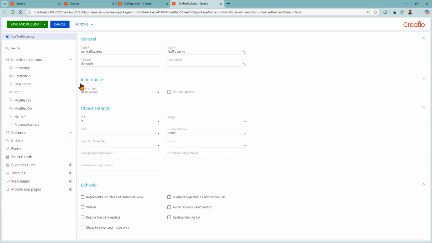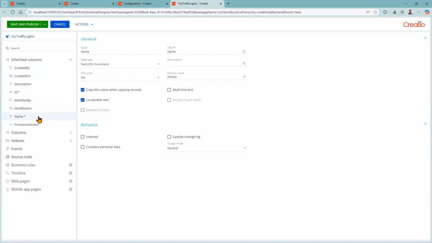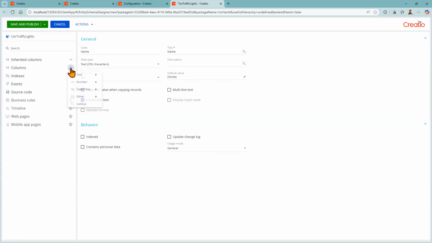But also simultaneously, when I define an object, I'm also describing a representing table in the database. We will see that very soon. So now we have a collection of inherited columns. For example, the column name is going to be the name of our traffic light. We can add columns of our own, so plus, and we